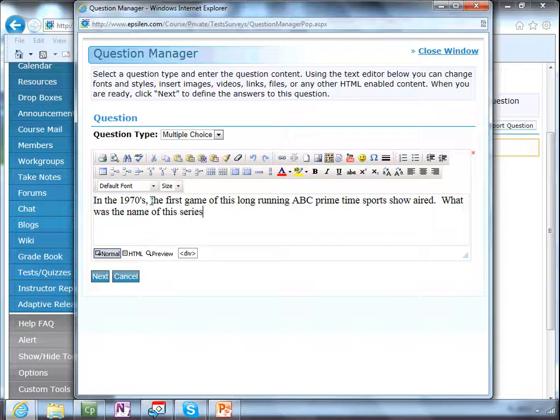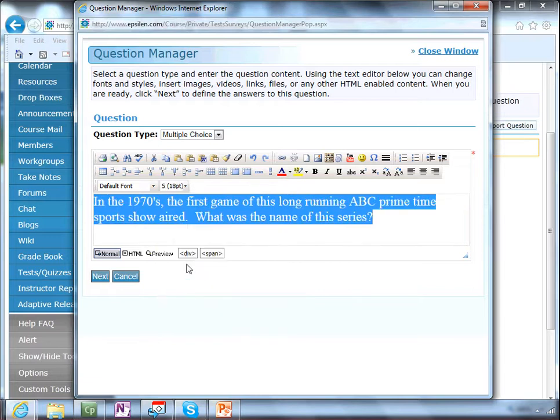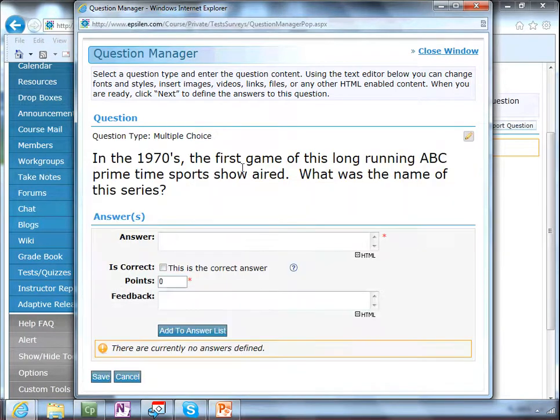Okay, so there's my question. I could come in and change the font or the size, even change the color if I wanted to, and then I'm just going to click on Next. So now you can see my question is showing up at the top, and now I have to choose my answer. With multiple choice, you're going to put in your first answer,